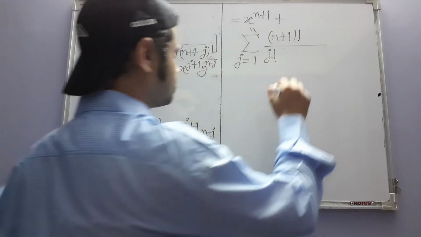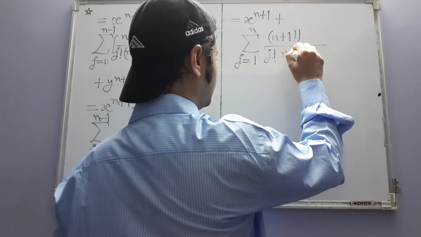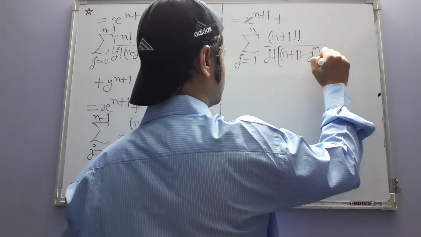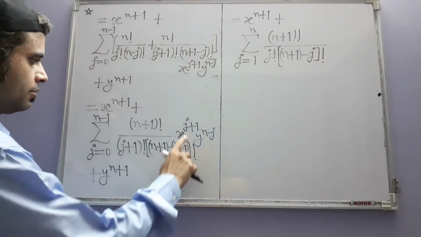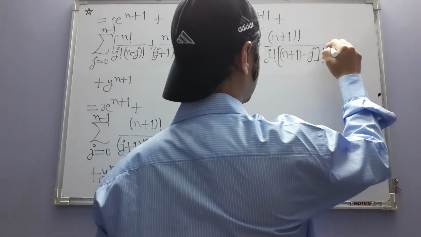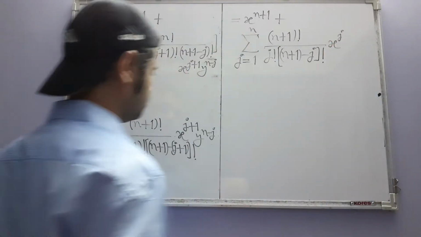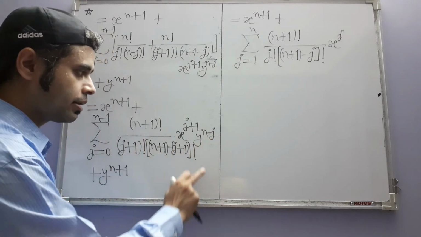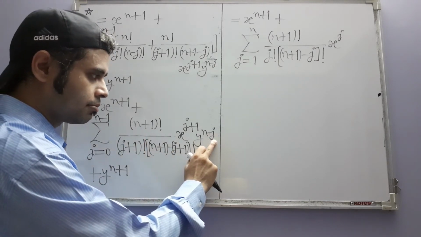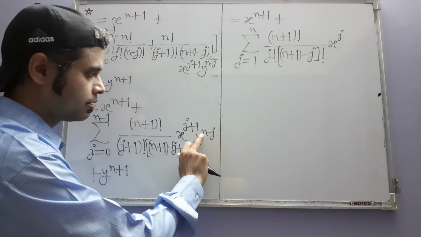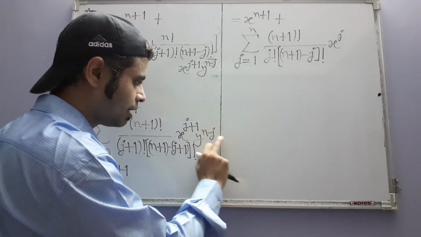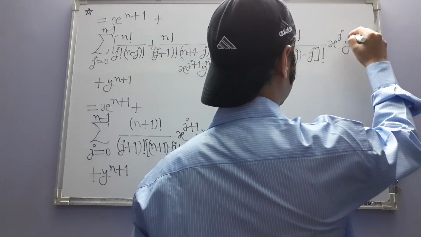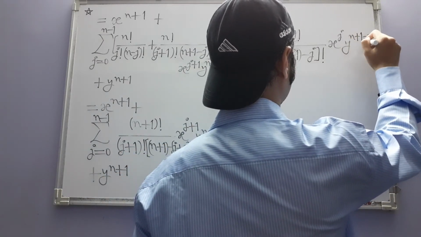Here we will have n plus 1 minus j factorial. Here we have x to the power j, and what about this? If I am subtracting 1 from j, because I have minus j here, that is the same thing as adding 1 to minus j. That means y to the power n plus 1 minus j